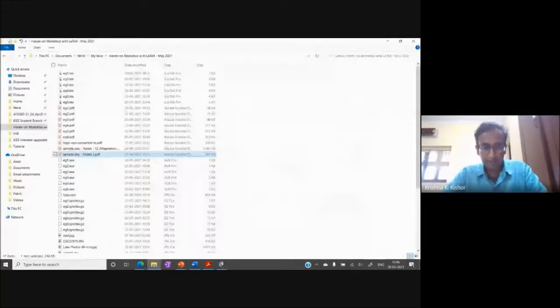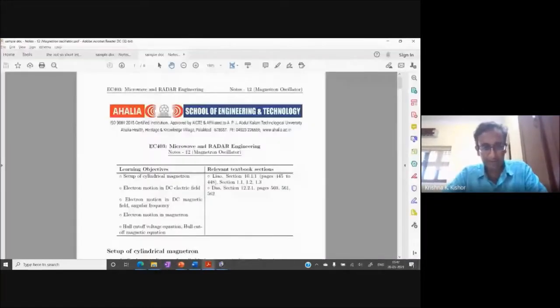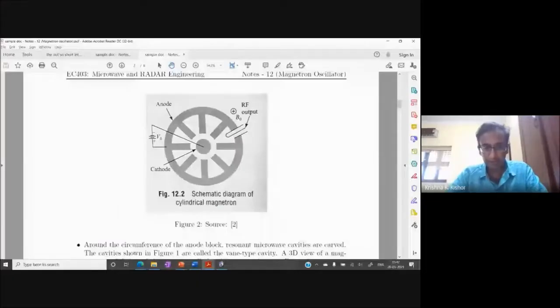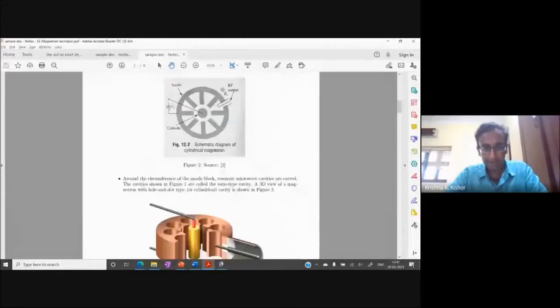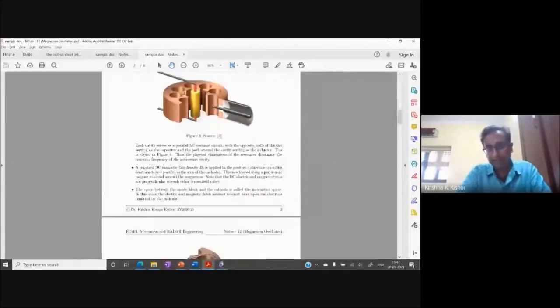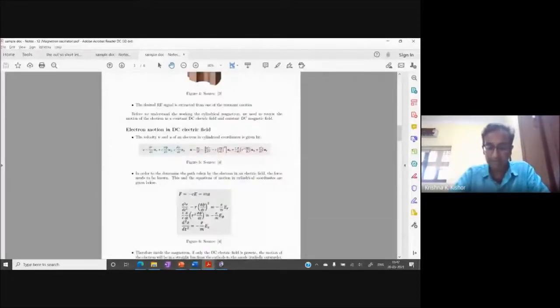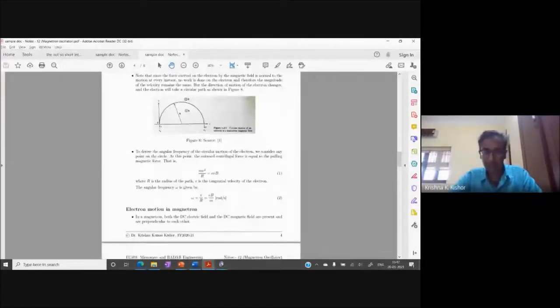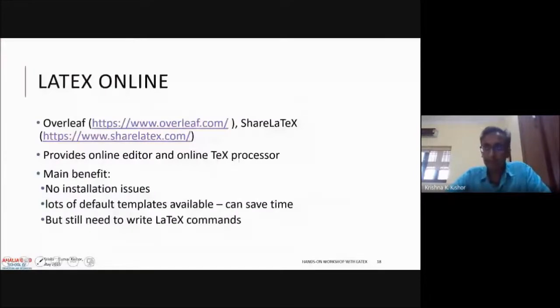This one again had figures in it. So I can add a figure. I can reference figures. You see this, I am having figure 1, figure 3, and so on. So I can do all this in LaTeX. Here again, I was lazy to type up this equation, so I just took it from the textbook and copy pasted that image as is. So you can do all this in LaTeX. Again, like I said, the learning curve is a little steep, but the final output that you get is really worth it.